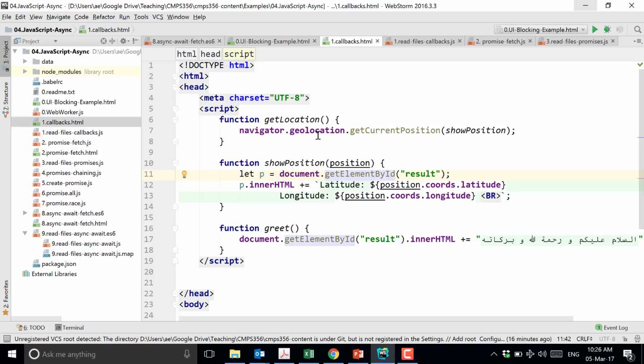I want to focus on the concept, which is asynchronous programming using callbacks. So here, navigator is a built-in object in the browser, and it has an object called geolocation, which has a function called getPosition. When I call this function, typically in other contexts or in your previous programming experience, when you call a function, what do you get?